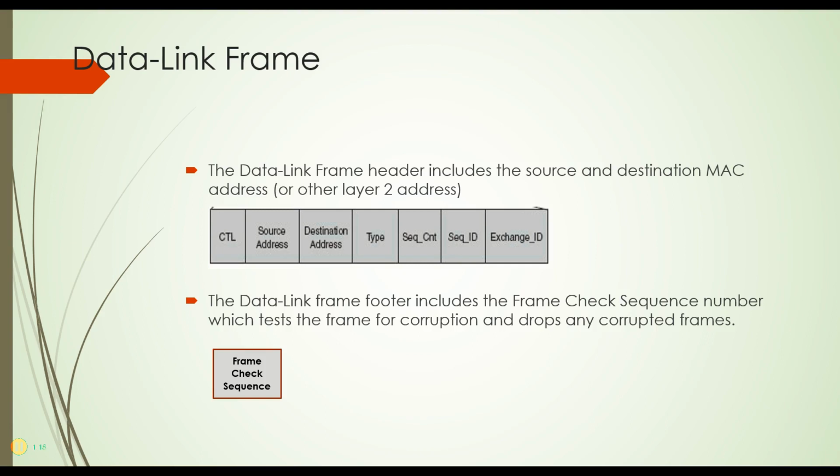Now when the receiving device receives it, it can look at that number and do its own calculation and see if the numbers match. If the numbers don't match, then it knows that there is something corrupt in this frame, and it can drop that frame so that the rest of the OSI model doesn't have to continue processing it, because it's been at the time that it's received over the physical layer. The data link layer can immediately just get rid of it if it's corrupted in some way.